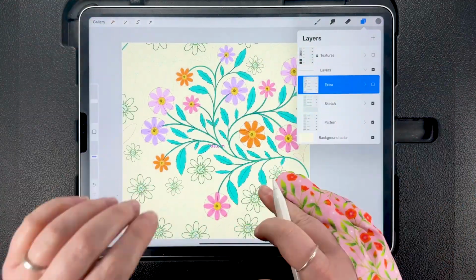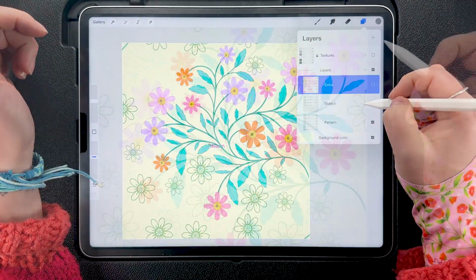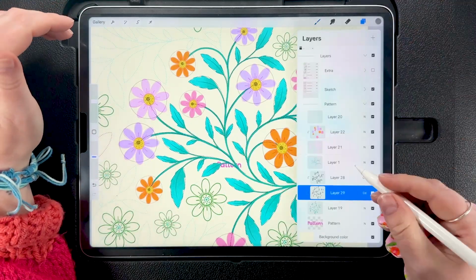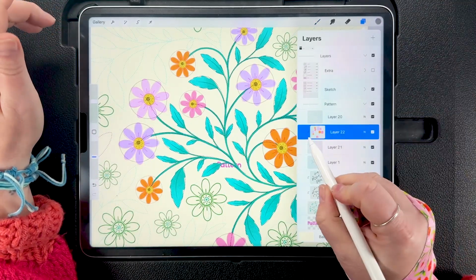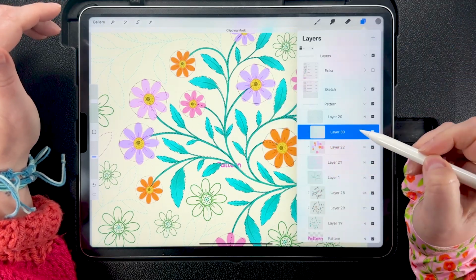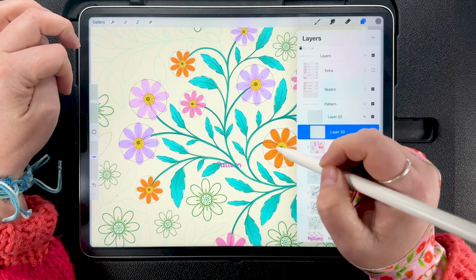So now I'm going to repeat that shading on all of the leaves on this layer. And now I want to add a little bit of shading like that to the petals as well. So over the top of this clipped layer here, I'm going to put another clipping mask and use color burn 40%